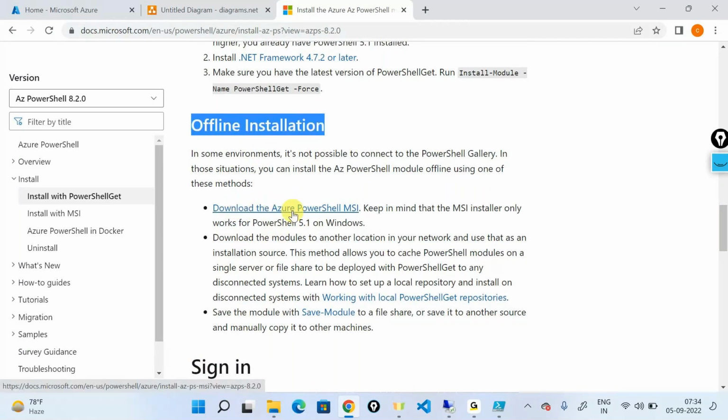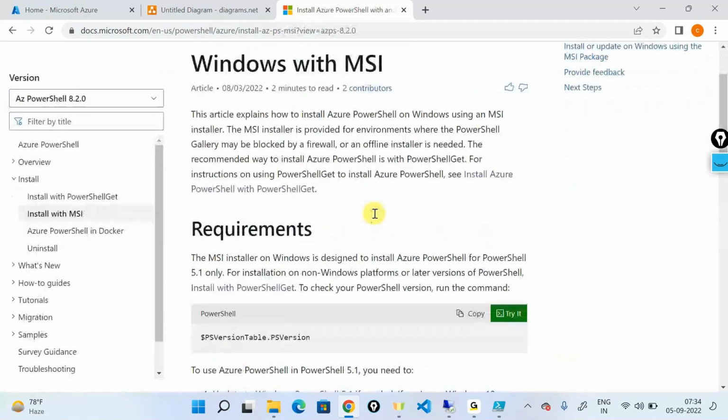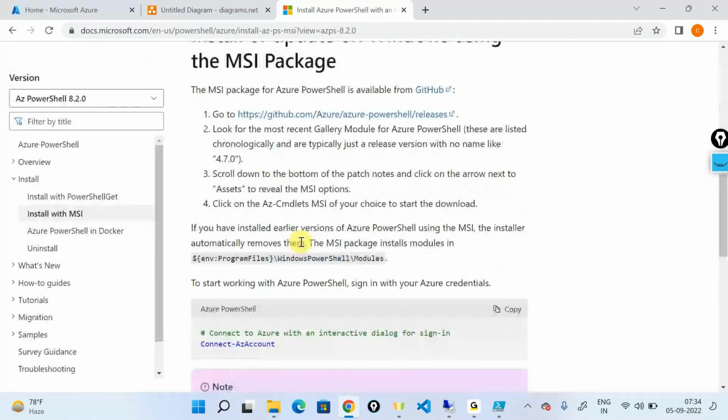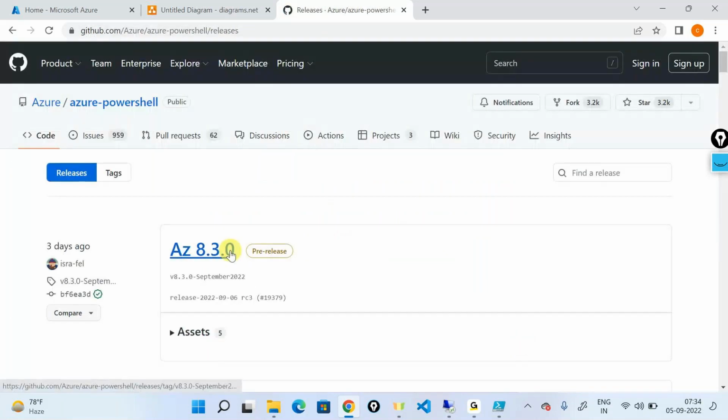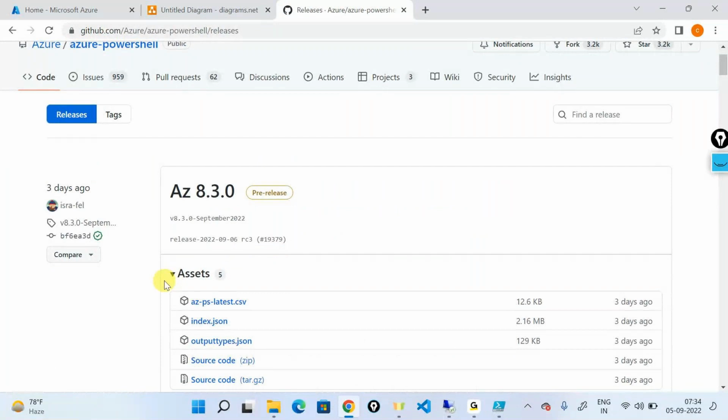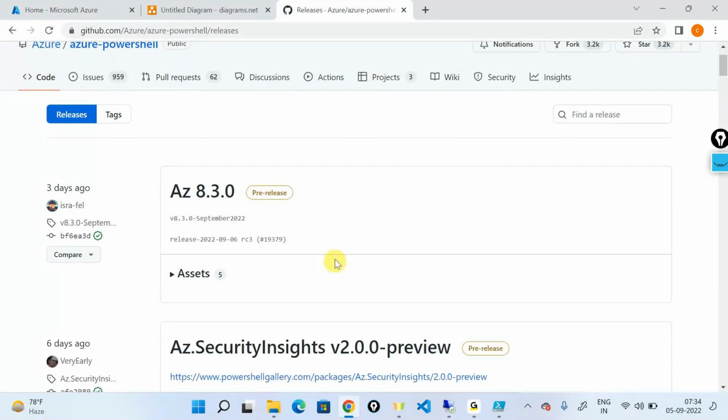So just go here and it's going to tell you the same requirements again. I'll just scroll down. It is telling you, okay, fine, the package is available from something called GitHub. Go to this particular link and search for the latest asset. So I'll go into this link and let's see. Okay, not this. Let's scroll down all the way to the bottom